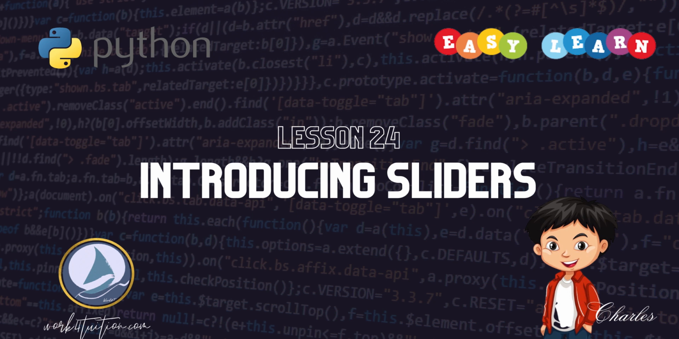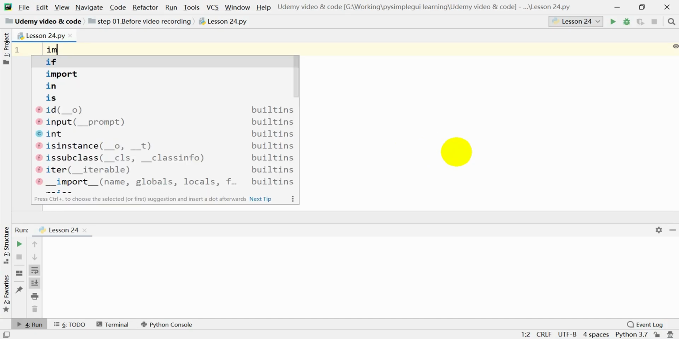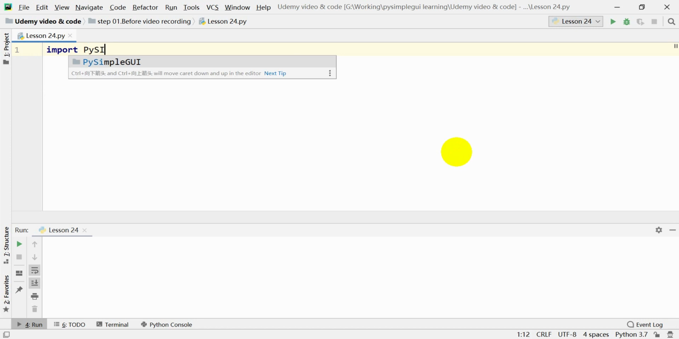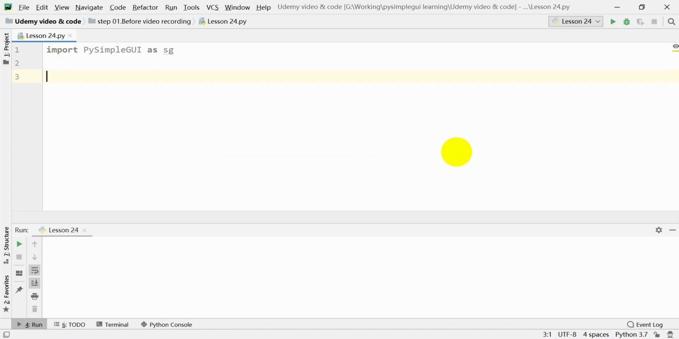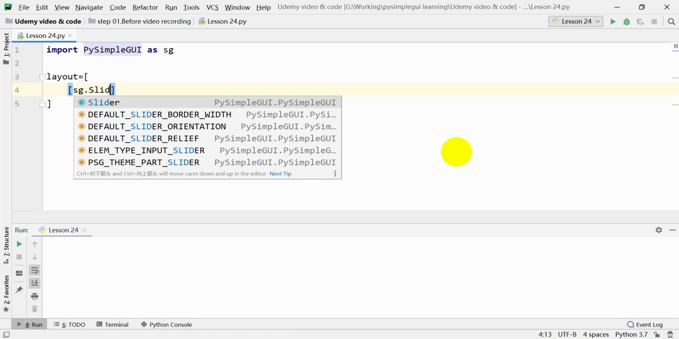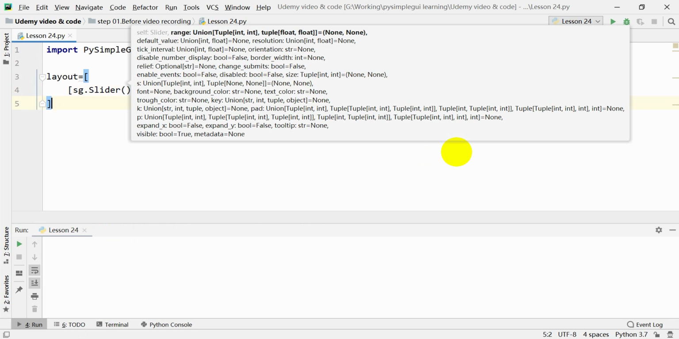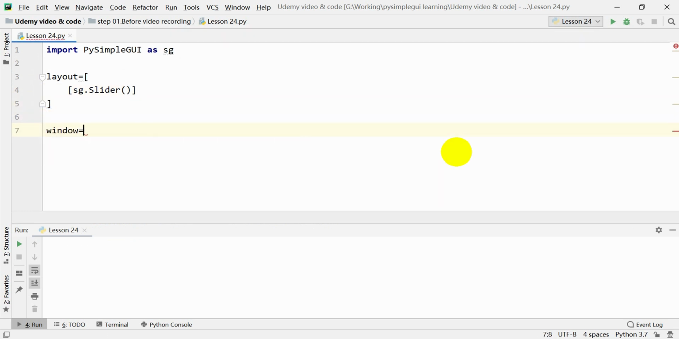In today's video, we're going to be introducing sliders. So first, let's import PySimpleGUI as sg, and then let's make a layout. Today, the layout is going to be really simple. We're just going to be writing one slider, that's it. And then we can make the window,